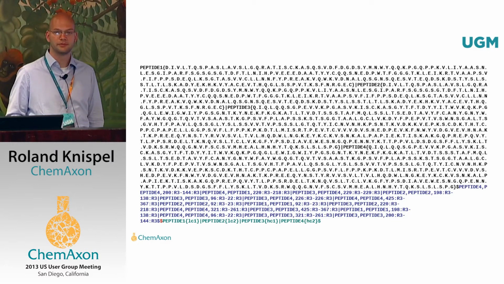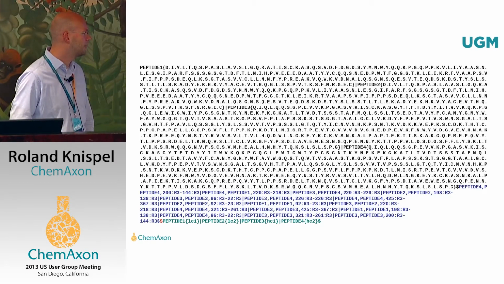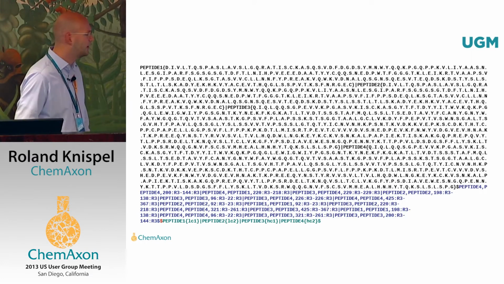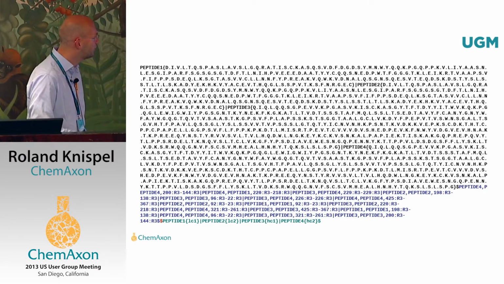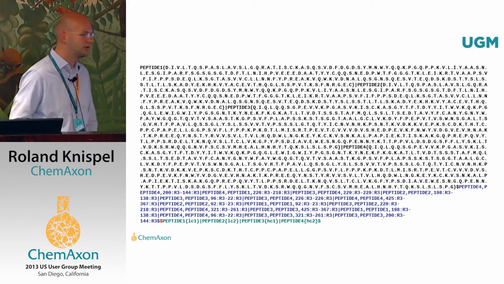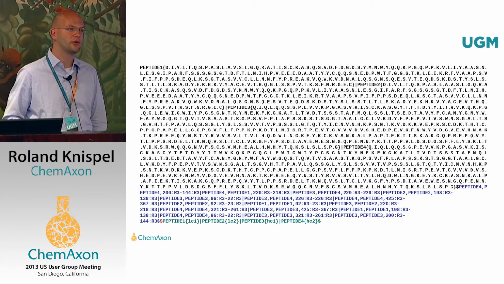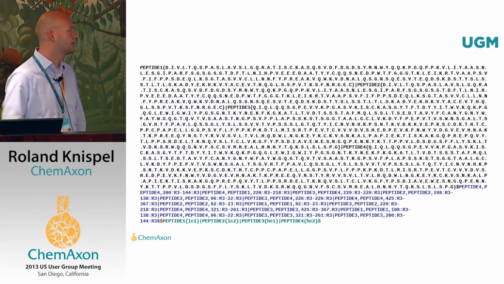This is also HELM. That's the HELM notation of the antibody I've shown you in the first picture, in fact. I don't want to go into the details, but as you can see, it comes with a lot of symbols. It is complete, so the entire string is the HELM notation of that molecule. The other thing which is missing is that the individual symbols used in here are not defined in the output of this HELM notation, but I will go into that a little later. They actually contain chemical structures with their attachment points and certain rules about how they interconnect, so they are needed in order to interpret such a